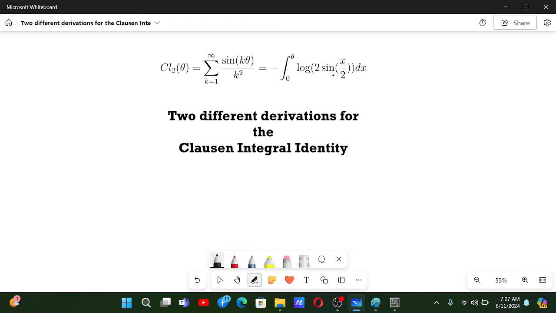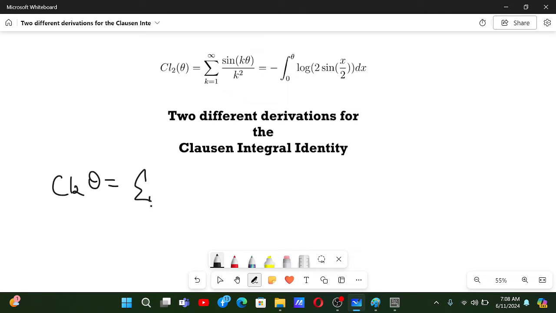Because for the complex logarithm function, if we input e to the power i theta in it, we will get an integral representation. This can be simplified as well. And also, if it's e to the power i theta, the imaginary part will give us sine of theta. So there are two ways to do this. Now let's do it. So we know that